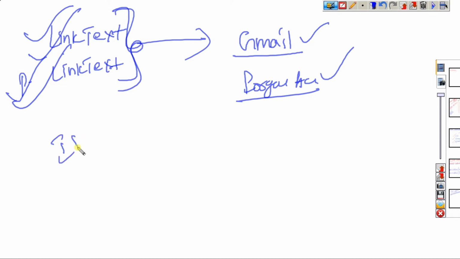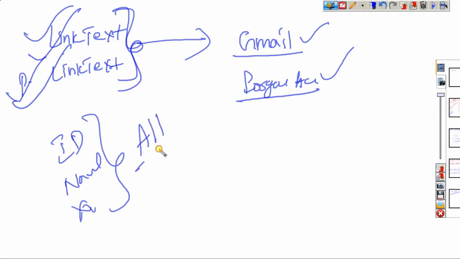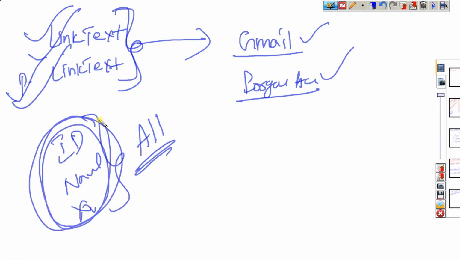But ID, name, and XPath identify all elements. Any element that has an ID, you can identify using that. So those locators are for any element identification, but link text and partial link text are exclusively for identifying links.